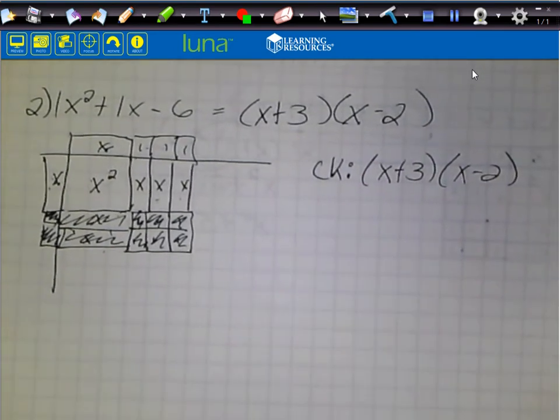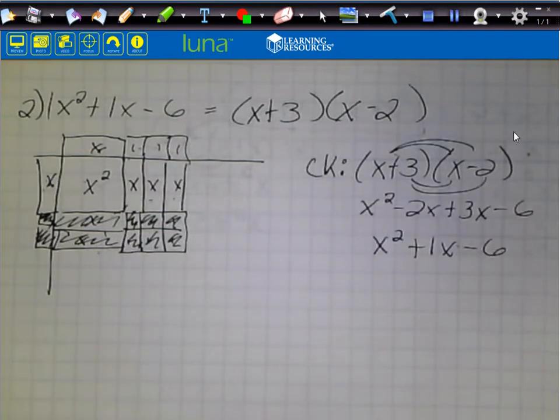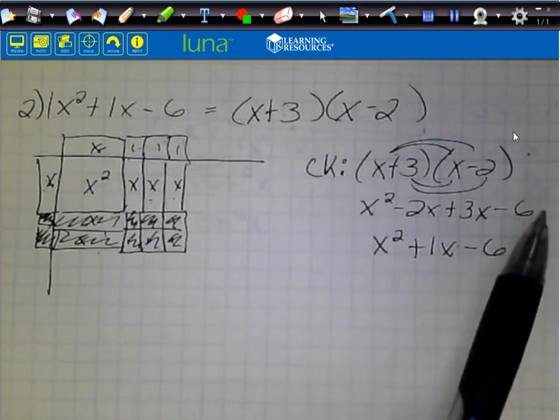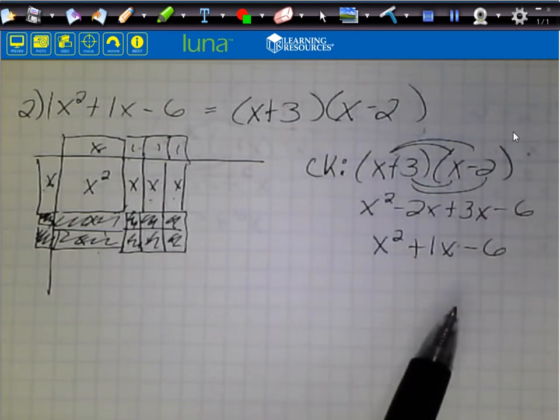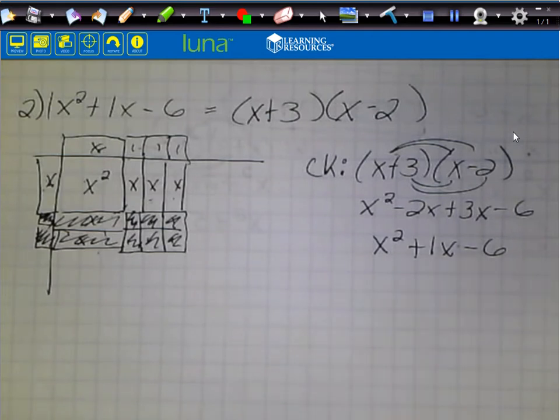And I want you to go ahead and try to check this one, so go ahead and pause the video and try to check it, and then restart the video when you're done. Hopefully you've had a chance to pause the video and try to check on your own. If you did, go ahead and check it and see if you got it correct. If you didn't, please go back and correct it. And if you didn't take the time to try it on your own, please take the time right now to